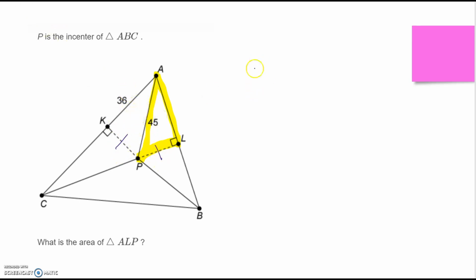So we plug this into the Pythagorean theorem, and we find that this is 24. And they're congruent, so this one is 24. And this is 36. So to find it, you do one